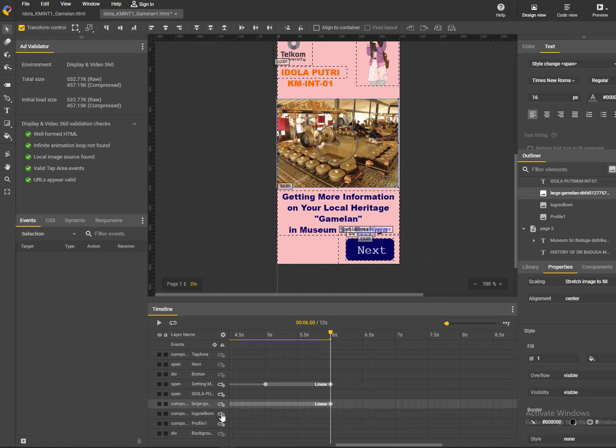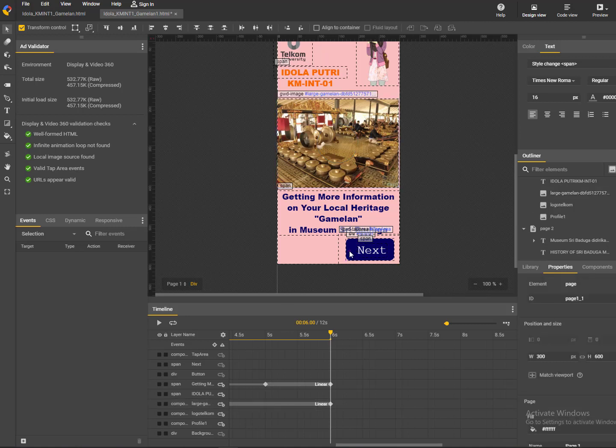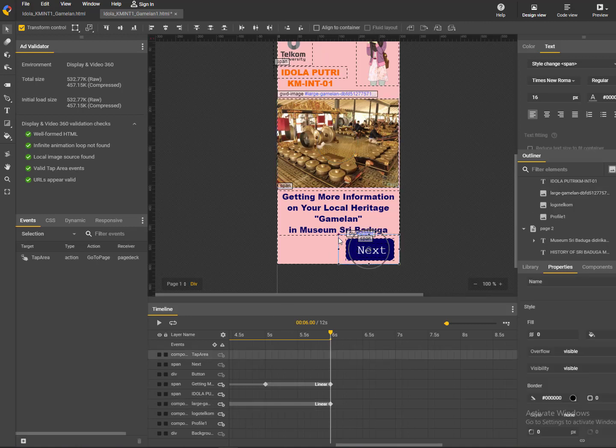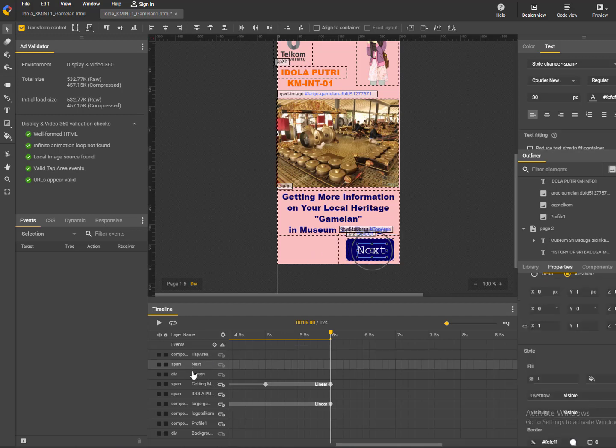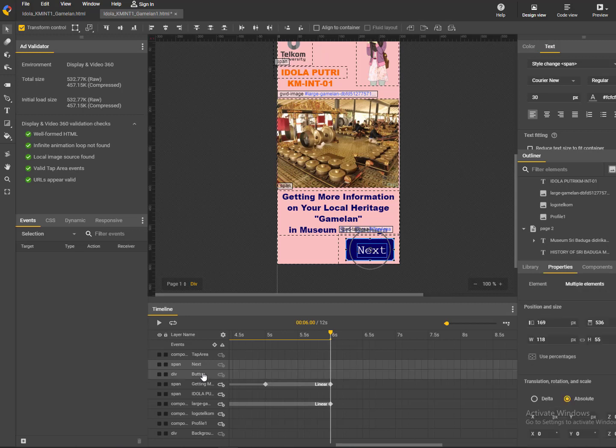Click preview. You have to log out. Okay, so this is what it's going to be like. Okay, so we are now going to the button. So also if you want to put the animation, of course you want to put the animation because it's going to be weird if you have animation on the other picture and text and the button is just right there.